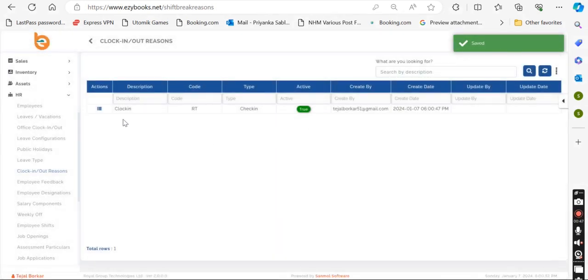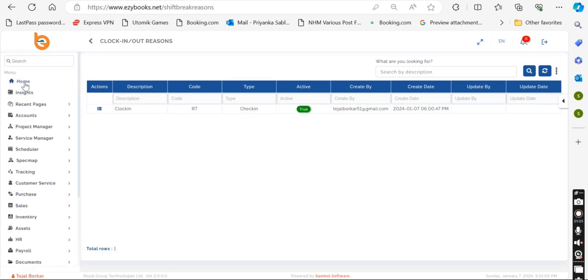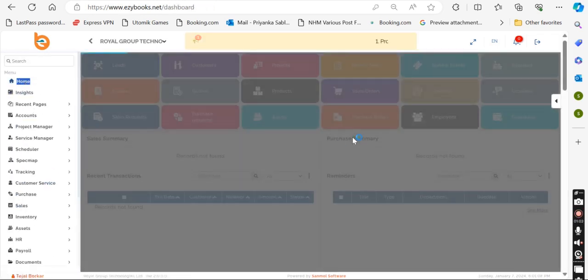Your clock in out reason will be saved, and you can easily view, edit, and delete that entry through these actions. You can quick search through these filters and refresh using this refresh button, and that entry will be shown over the home page